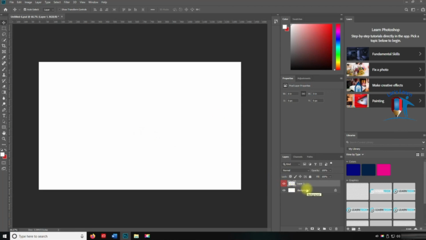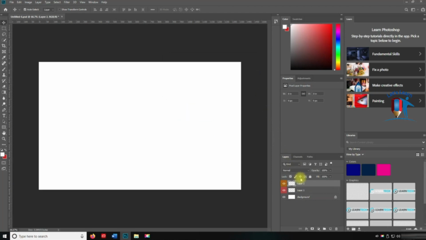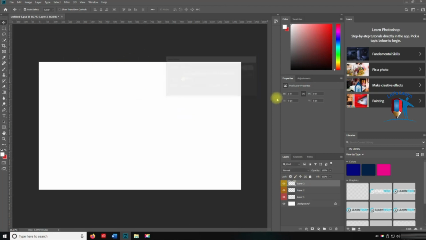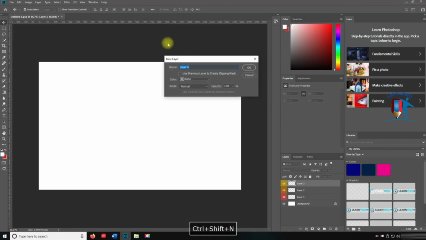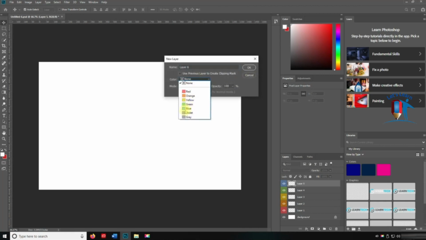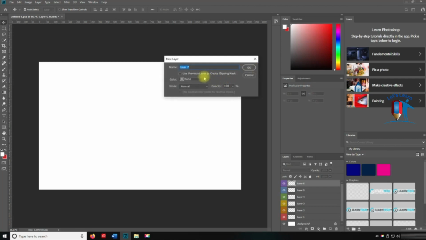So if I do another one, let's do Shift Control N, and let's give this one orange. Okay, and we'll just keep it layer 2. And then let's make another one, and we're going to give it yellow. Okay, and then we'll make another one, and we're going to give it the color green, and we'll do 3 more. So we're going to do blue, violet, and then gray. Okay, so we should have a total of 7 new layers that we've created